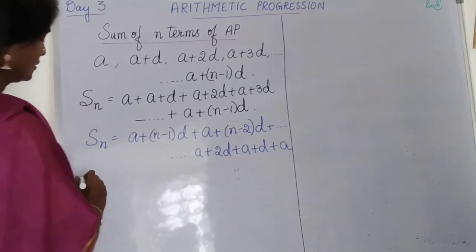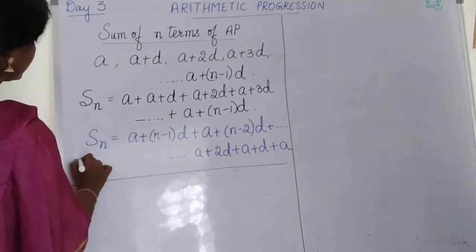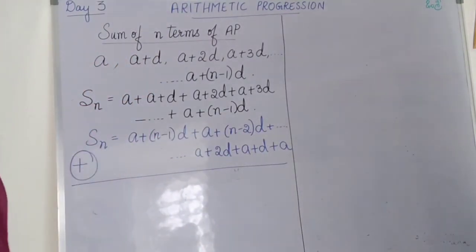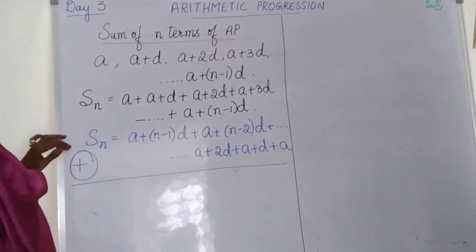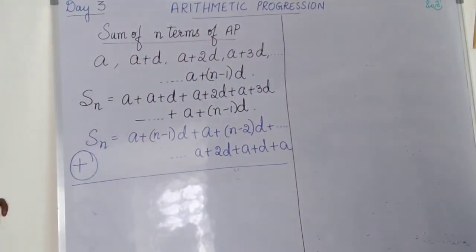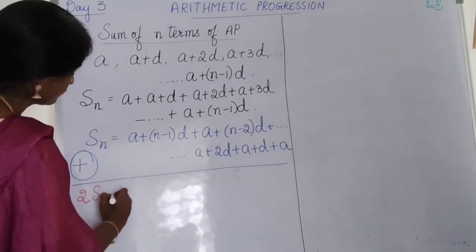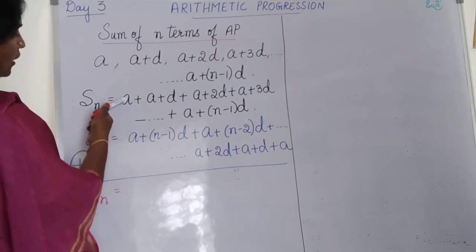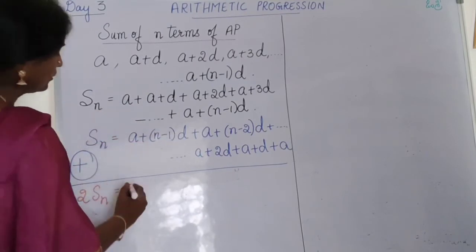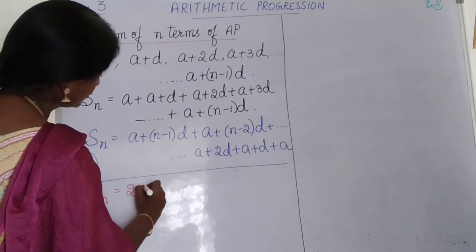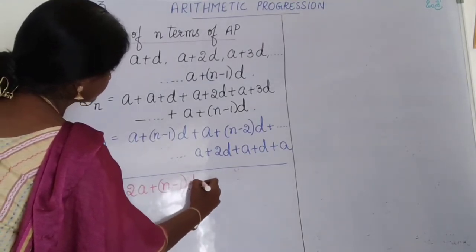We are just adding, and when you add the LHS, you have to add the RHS likewise. So 2Sn will be equal to a plus a, which is 2a plus n minus 1 into d, plus